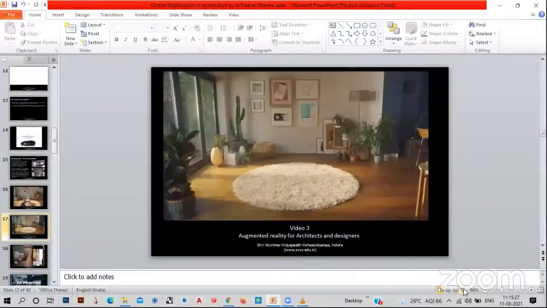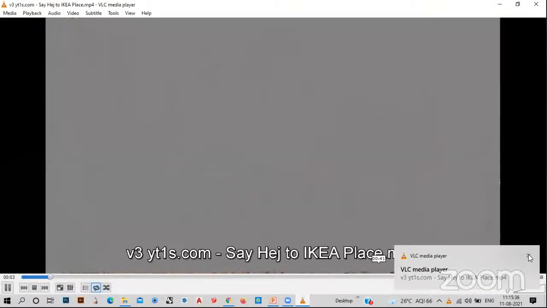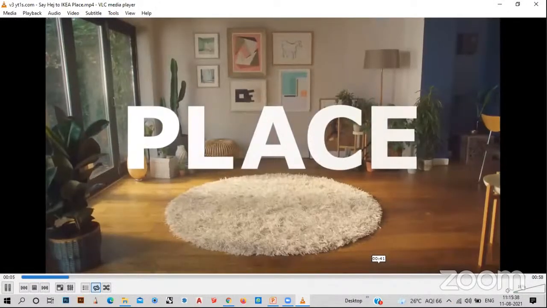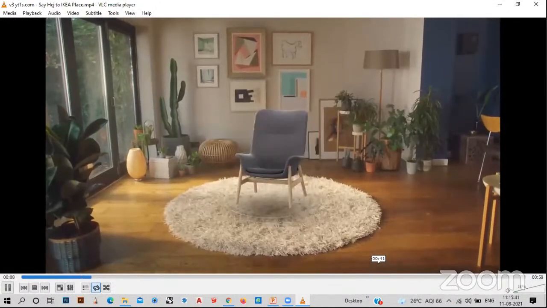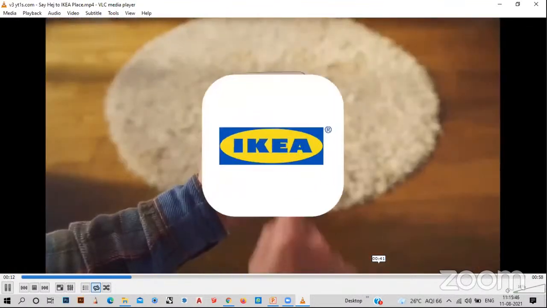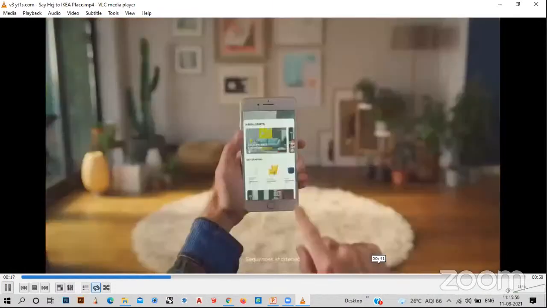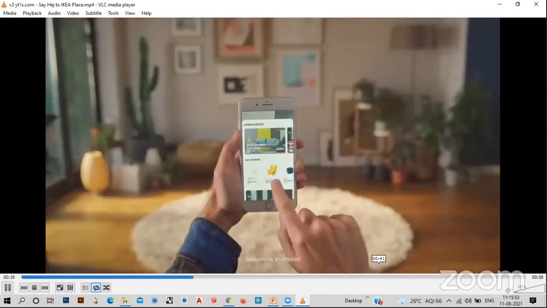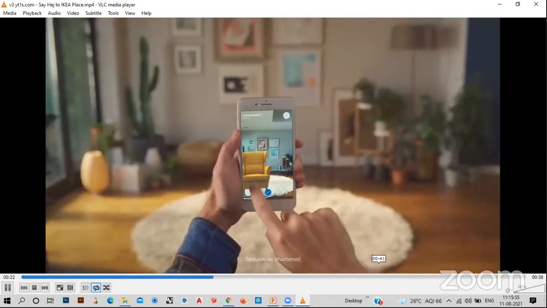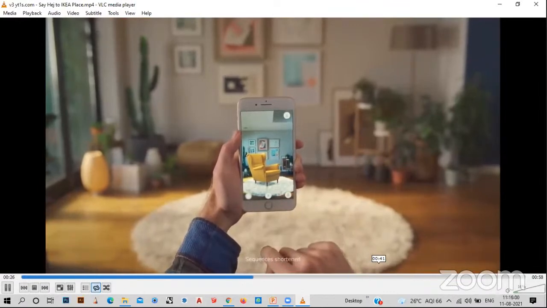So I'm going to play video number 3. You just need to scan, scroll, select, and you can place your furniture and imagine how the color looks, how the scale is.